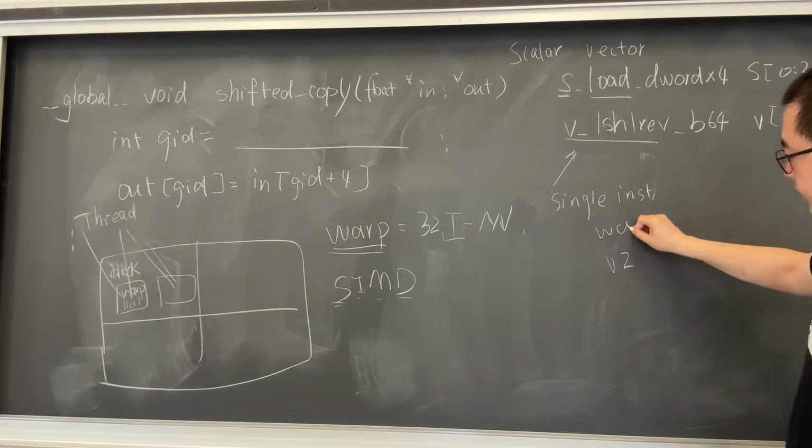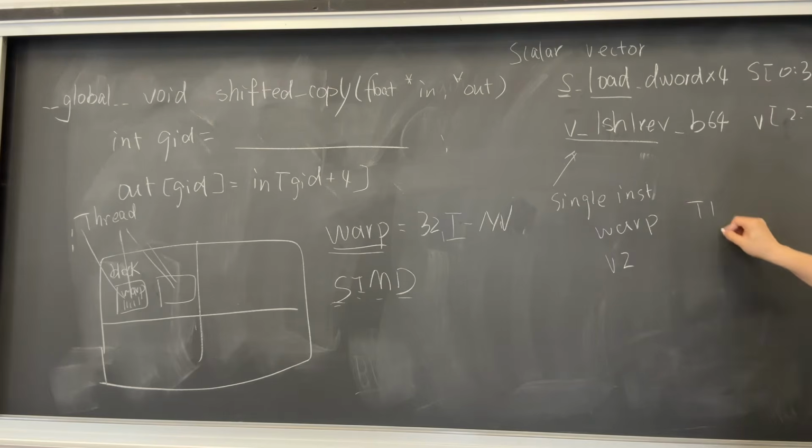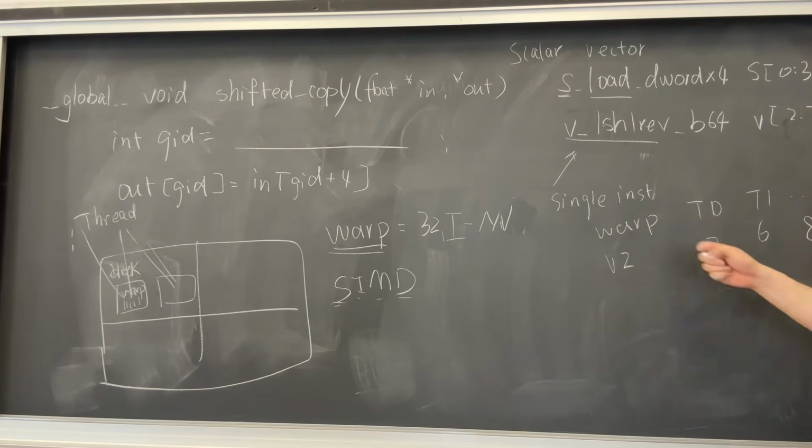within a warp, you have thread 0, thread 1, and so on, up to thread 31, right? So this one may have a value that is 2. This one may have a value of 6. This one may have a value of 8, and 13 for example. Okay, so every thread within this warp may have different values. It's the same name, we call it V2, but